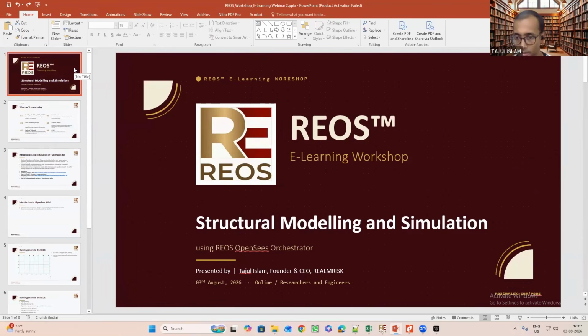So as you know, this session is regarding the nonlinear modeling and simulation using OpenSys. I think all of you already have some exposure to OpenSys, so you'll know it already. I am not going to initiate the discussion on OpenSys again. As we go through modeling and simulation, wherever some important topics come up, we'll discuss them there only. This is regarding the modeling and simulation of structures using the concepts available in OpenSys, and for simulation